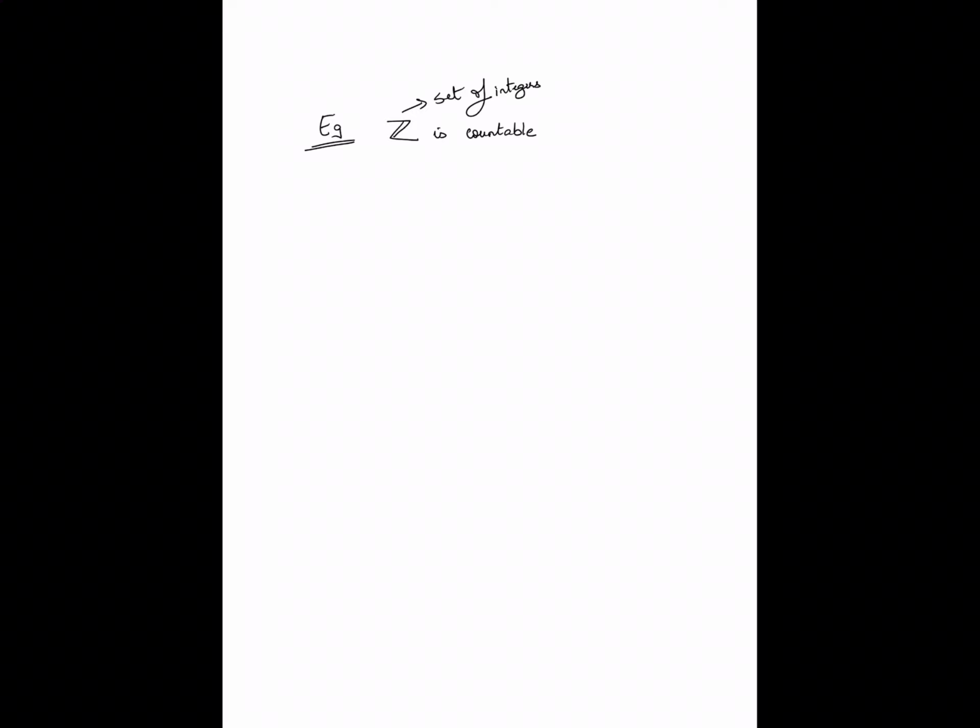Now again, if you're seeing this for the first time, the statement itself should be surprising, right? Because I said that countability is determined by whether or not the set is equicardinal with the natural numbers. You might think, how could the natural numbers be equicardinal with the integers? Because excluding 0, you might think there are twice as many integers as natural numbers.